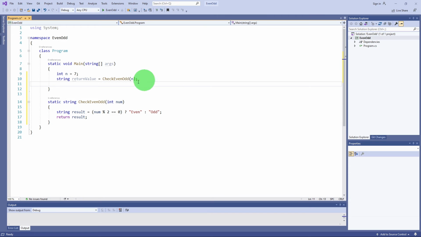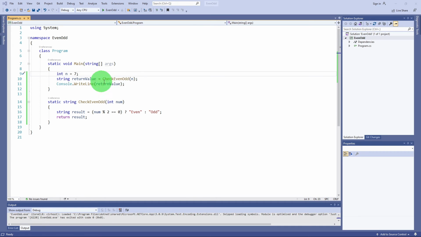And finally we display the value of this string. Since 7 is an odd number, when we check it for even odd, the return value should be odd,